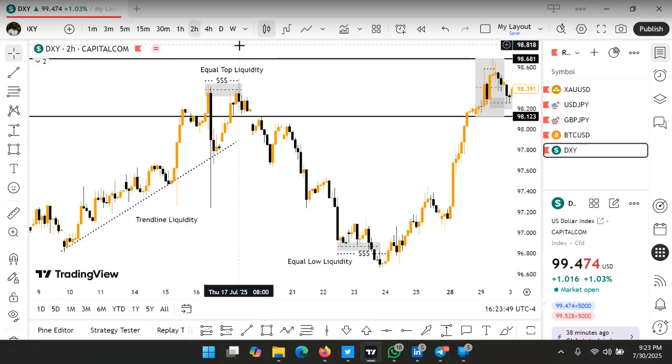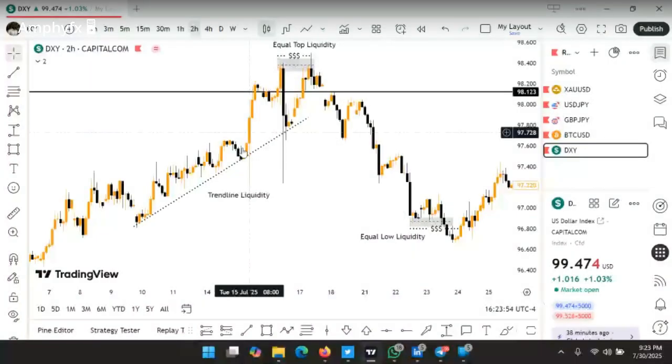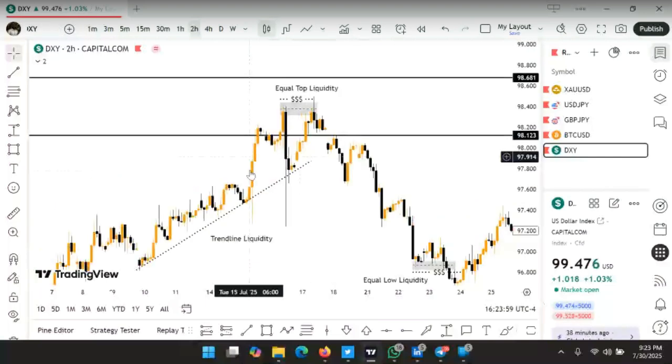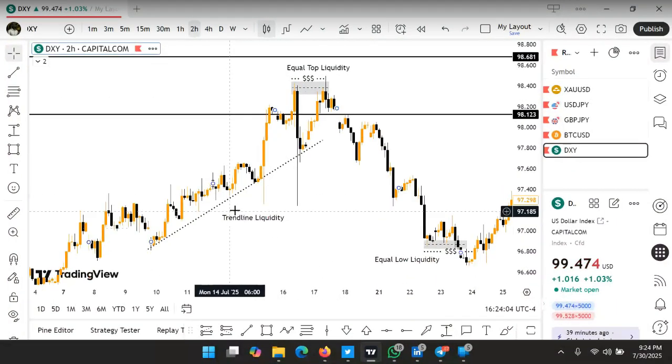Now wait, look at this trend line liquidity. Look at this trend line. You can see this sharp move. These are all what? Sweeps of liquidity, right? After this sharp move, what do you see? The market now begins to buy. That's the essence of what? Liquidity. Liquidity is meant to what? Sweep the liquidity before it goes towards the intended direction. That's for trend line liquidity.